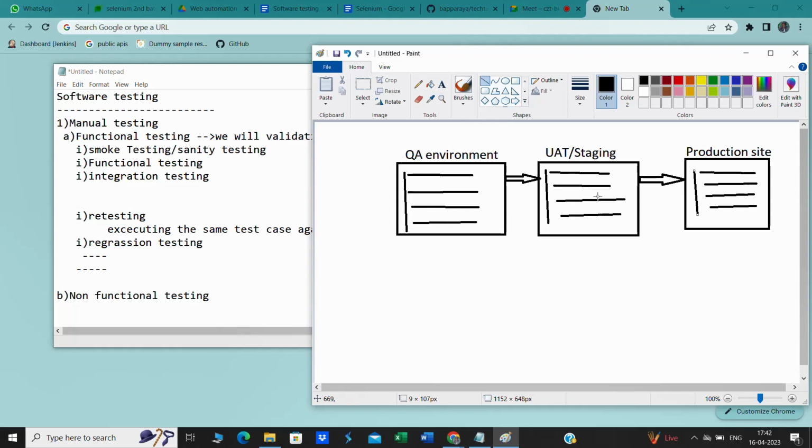It will be consuming time on this side also. So it is a time-consuming task, and it requires effort and resources as well, right? So this is one kind of retesting. Another kind of retesting is when it comes to